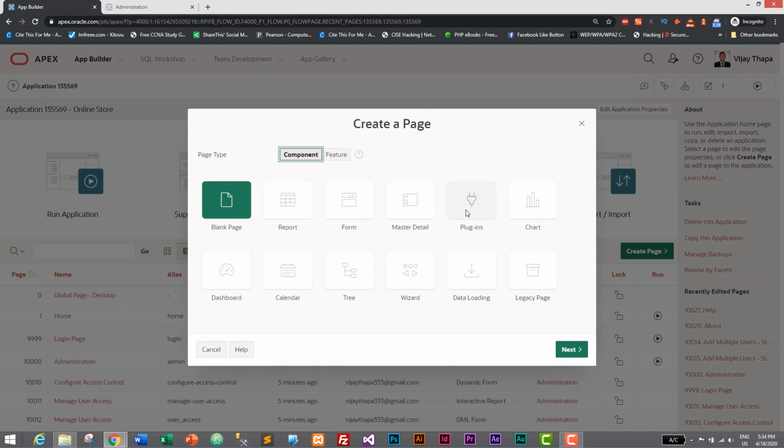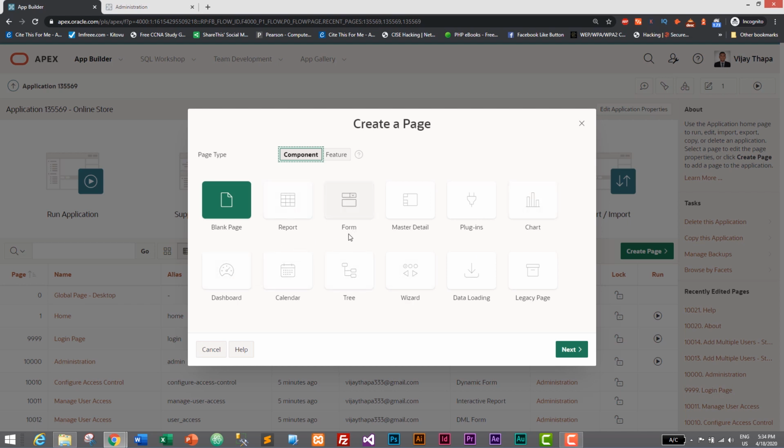Plugins, I don't know much about. But with chart, you can add graphs based on your database data. Dashboard is to display all different charts in a single page. You can also display calendar and a bunch of other things. I haven't used these. So most of the time we will be working with report, form, master detail, chart and dashboard.